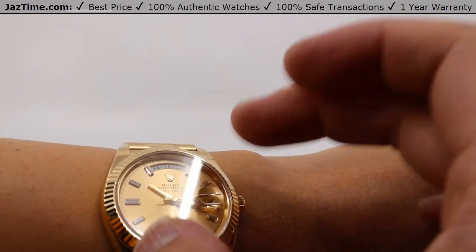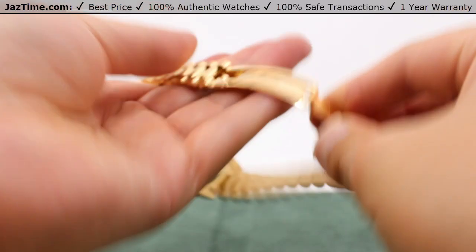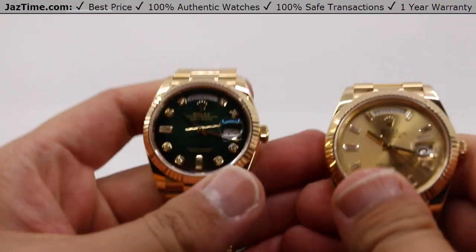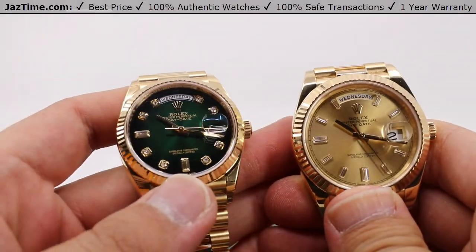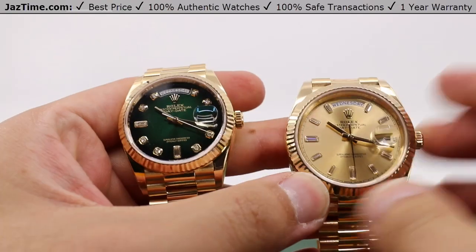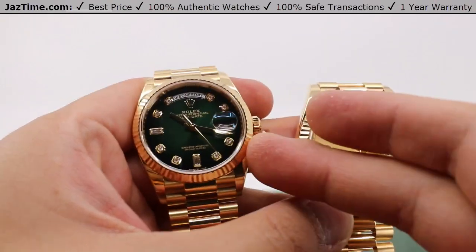They just give it so much more breathing space. All right, but not to discount the Day-Date 36 on my left hand. Now, you guys would probably already know the answer. If I had to choose one, I had to let go of the other, I would choose the Day-Date 36